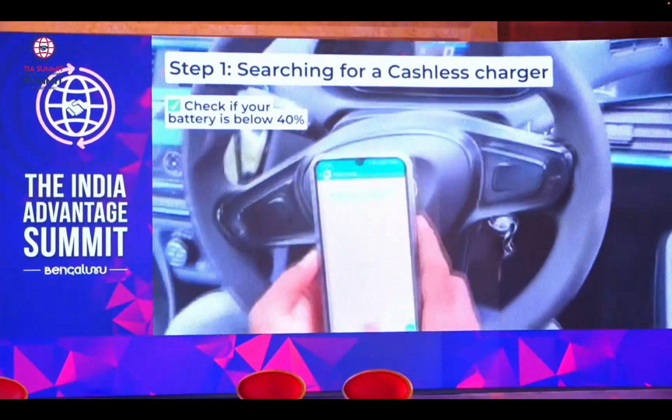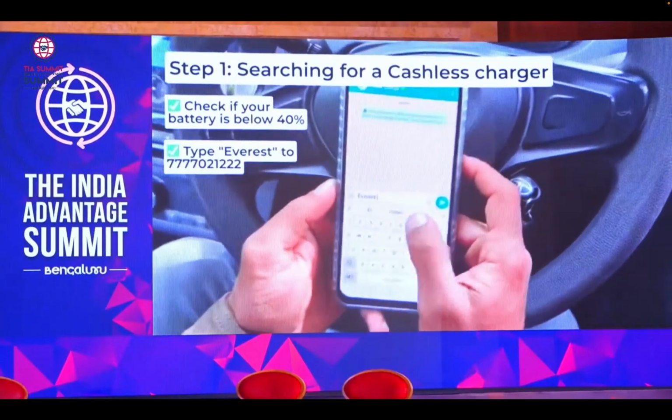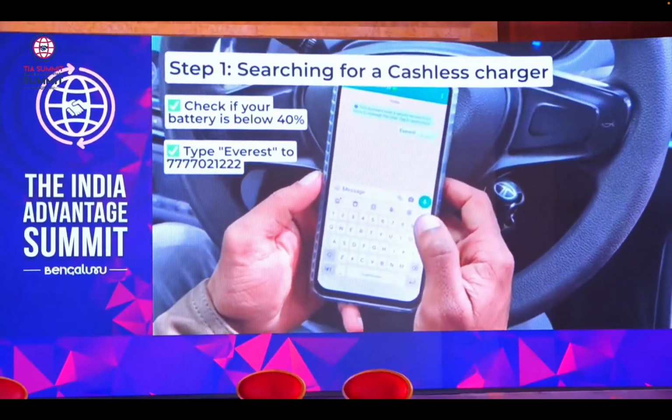So as I'm going through this, as Jan was saying, we had a pilot of this WhatsApp demo 2 years back. This is what is in reality. This is an Uber driver